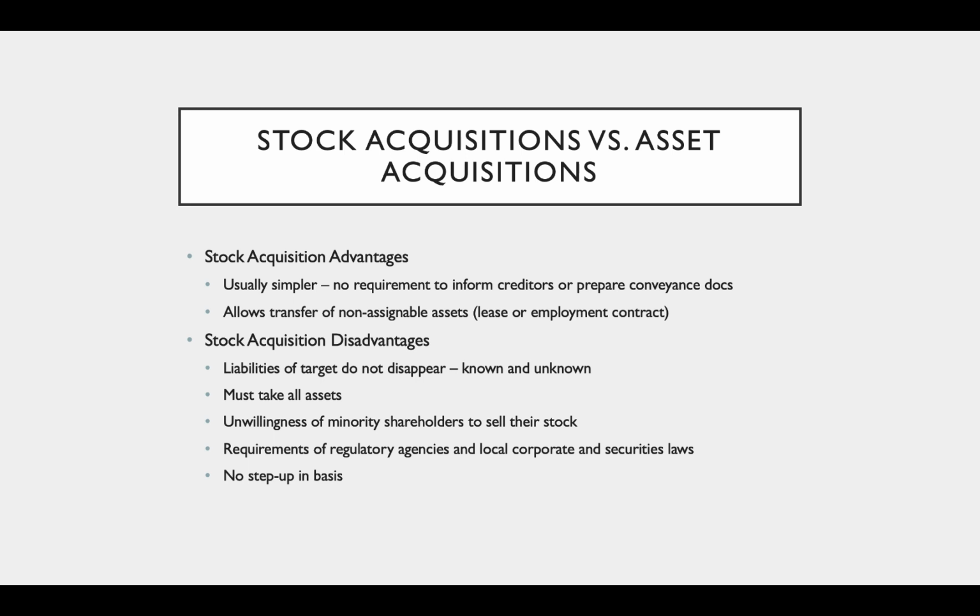In a stock acquisition, you might have minority shareholders who don't want to sell their stock. If I'm trying to buy 100% of the stock and I have shareholders who don't want to sell their stock, I may have to buy them out, and that may be expensive. And then there's no step up, and we have to meet the requirements of regulatory agencies and local corporate and